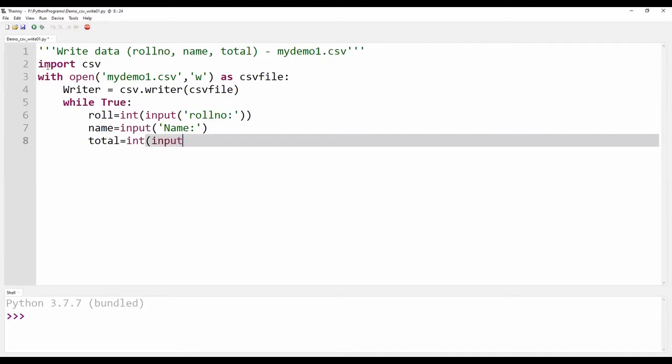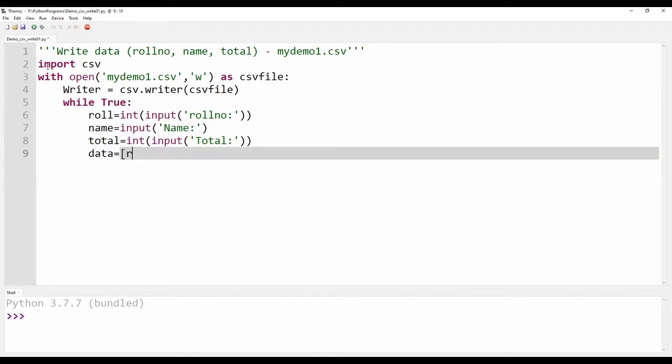Hence I am using int input. Once I got the input, I am trying to store it in a list. Excuse me, it is not a tuple, it is a list. The collection of data, namely roll number, name, and total, is stored in the list.